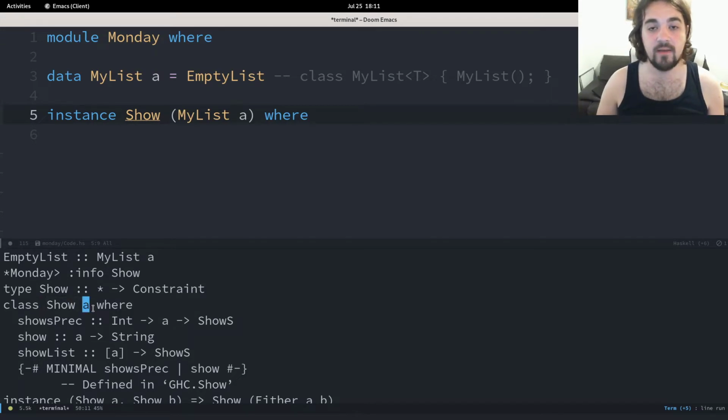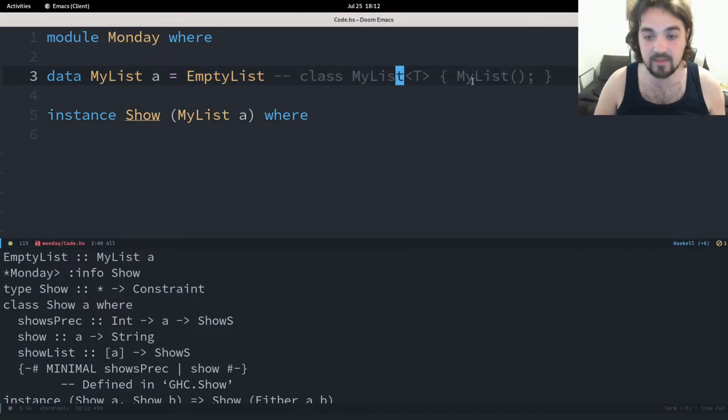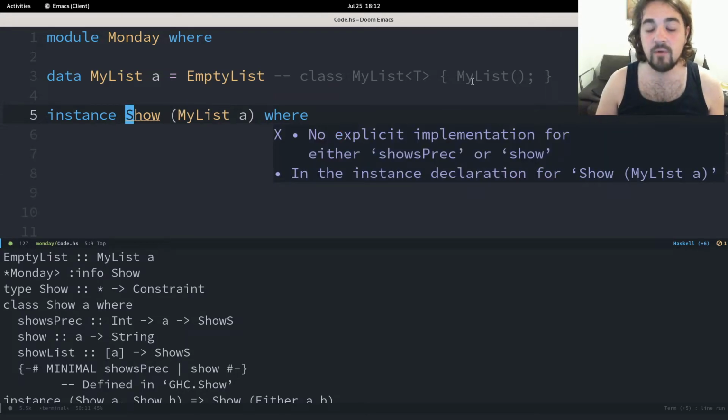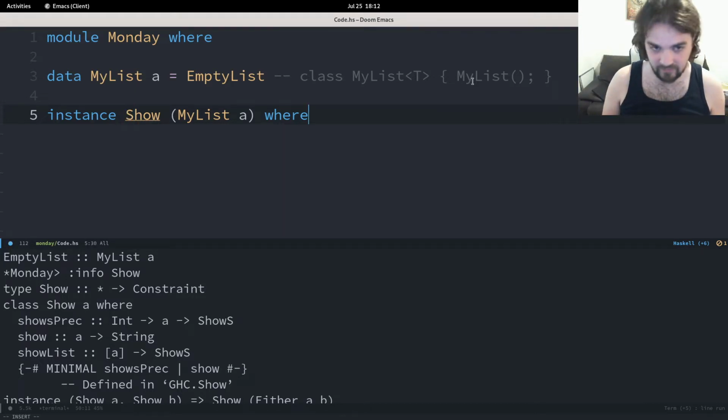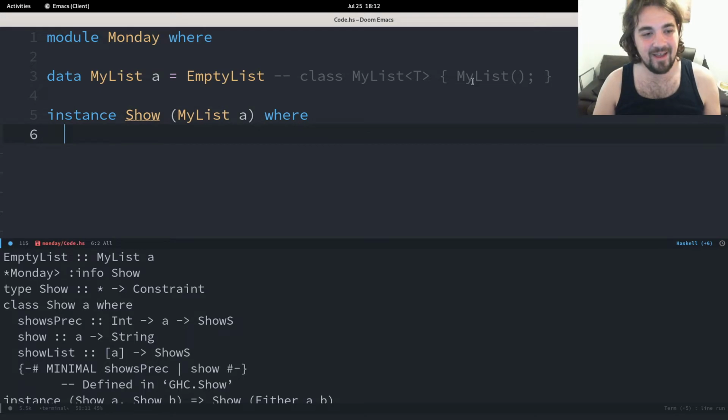So it expects a type which has no more free type variables. So it cannot accept a type with the Show instance now, which has some free type variable. We would have to get rid of the t for it to show. So we must add the a here. And now for the Show interface or type class, it complains that we have to implement showsPrec, which is a little bit more complicated, but you will have to implement the show method, function, not method, function. And we do this by